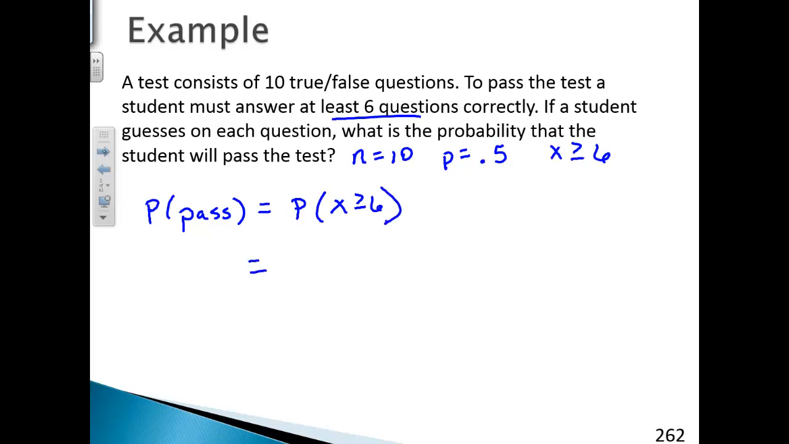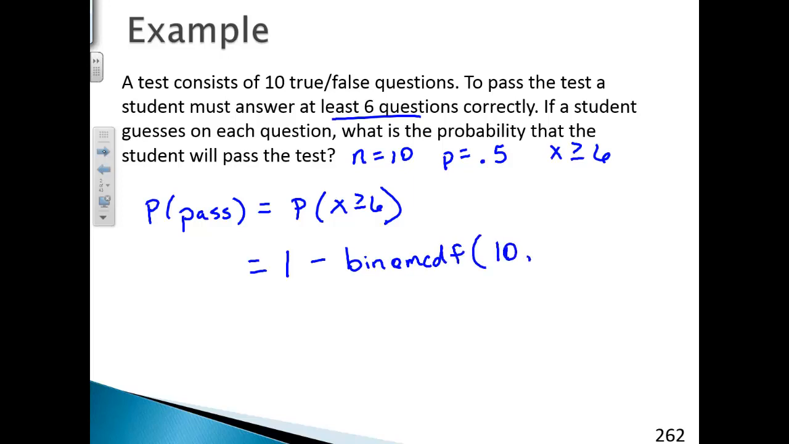Now, this is one of the problems where we need to add up to get the answer. We need the values of 6, 7, 8, 9, and 10, the probability of each one of those. However, the calculator won't do that for us because it will only add up the values 0 through 1, 2, 3, 4, 5, etc. So in order to get the values for 6, 7, 8, 9, and 10, we need to subtract the values less than that from 1. So 1 minus binom CDF,